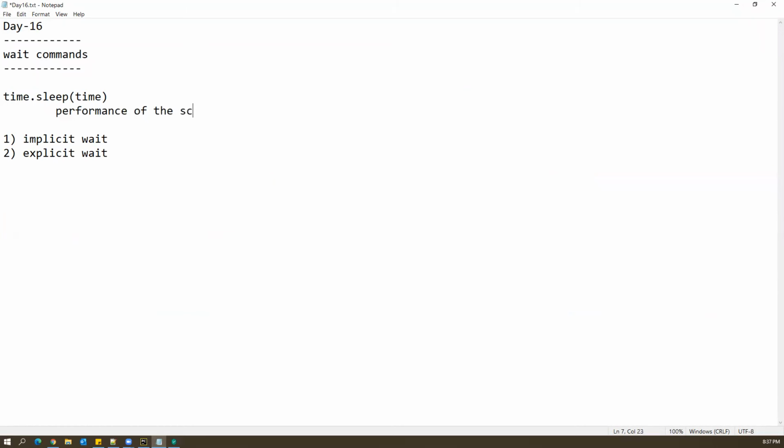The performance of the script will be very poor, so that's the reason we should not use this one. That's the one problem. And then the second problem is what? If the element is not available